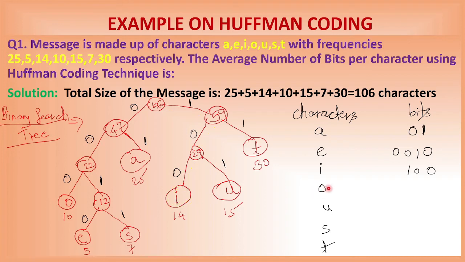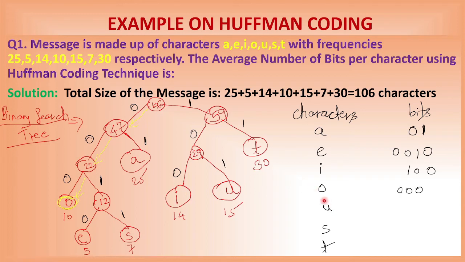Now next is character O. Character O is over here. This is the character O. So from the root, go to the O. First will be this edge, and it has 0 as the label. Then this is the next edge, also having 0 as the label. And then this is the last edge used to reach node O, and it is also having label 0. So 3 bits are used, 0, 0, 0, to reach character O. So character O is represented using these 3 bits, 0, 0, 0.